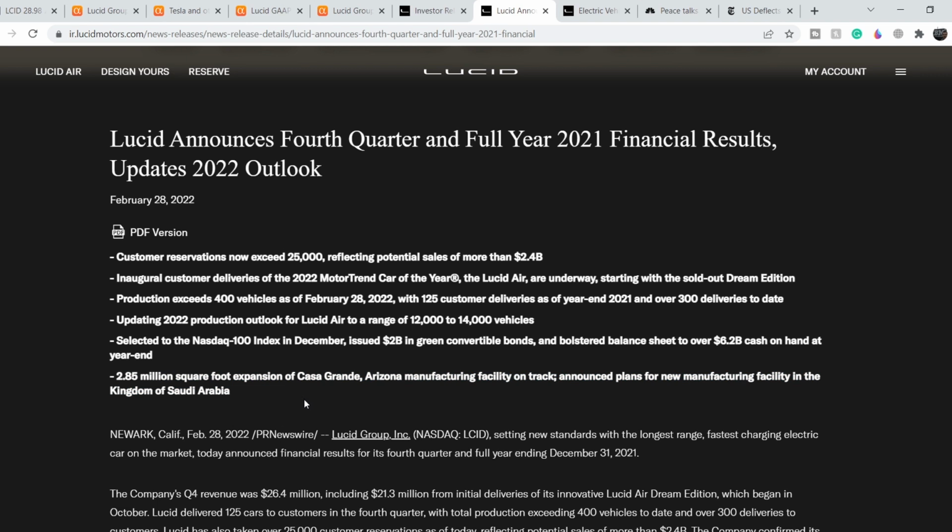So, let me start one by one. This number is really impressive. They have about 25,000 reservations. But all in all, with this forecast for about 14,000 vehicles, some of these customers will have the vehicle only at the end of 2023. And definitely not so many people might wait so long, and definitely they lose their potential customers because of these low production rates. Next one, they have a very good balance sheet of $6.2 billion cash on hand, and it is